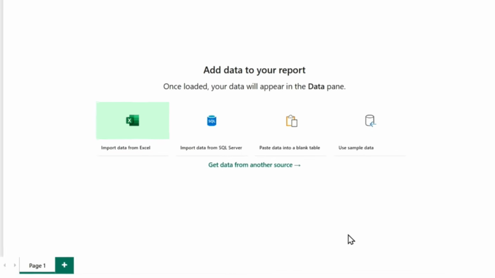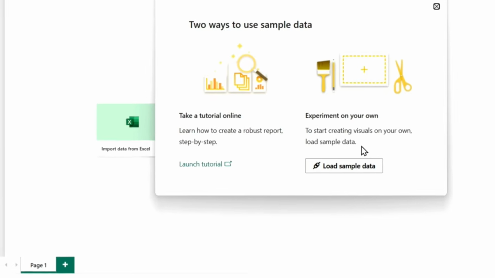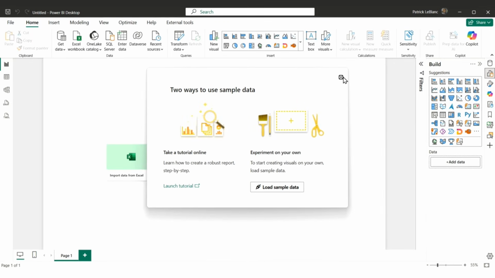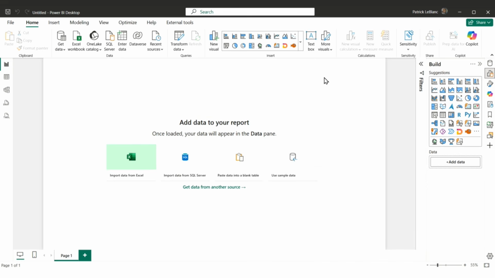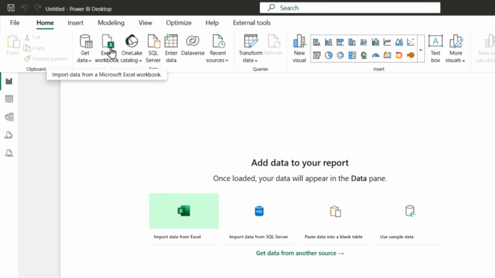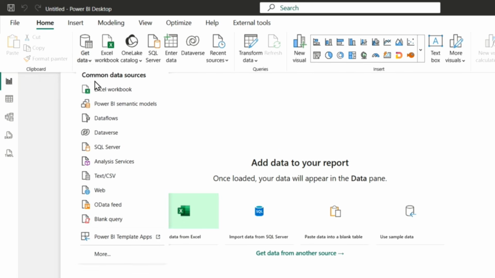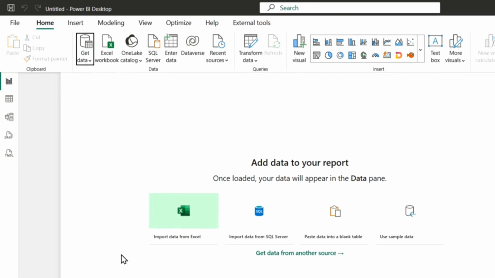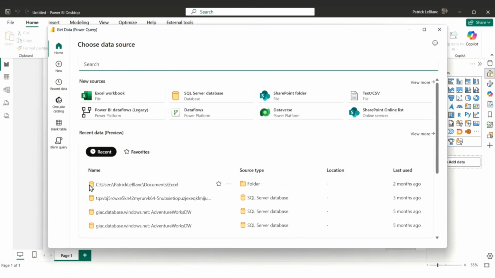Now, the sample data, you can get the sample data simply by clicking use sample and load the sample data. We're not going to do that. We're going to do this the right way, the way that people do this in the real world. So I can just click Excel. That's simple. I can choose Get Data and choose Excel. But I'm going to go to More because I want to show you all the sources that are available in